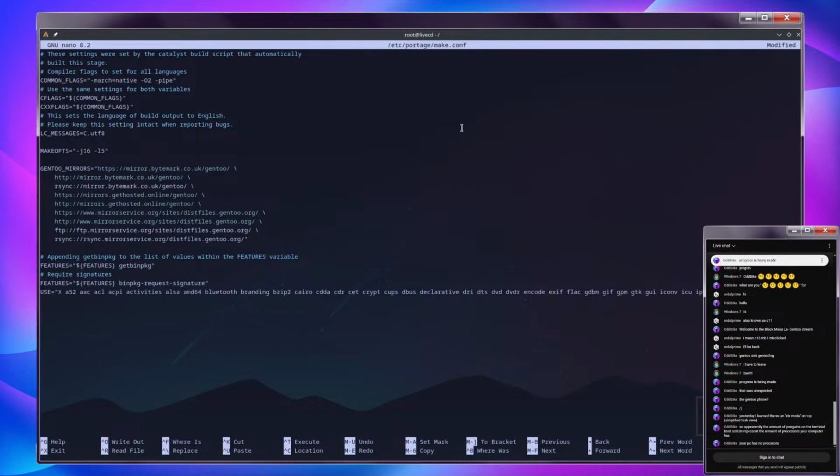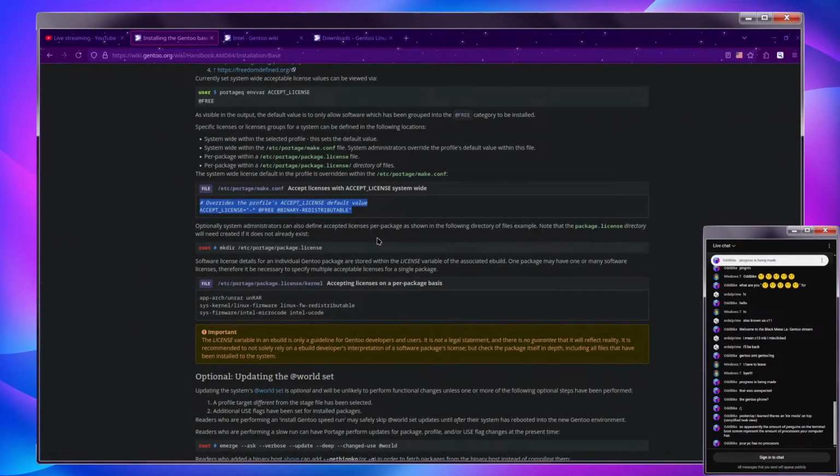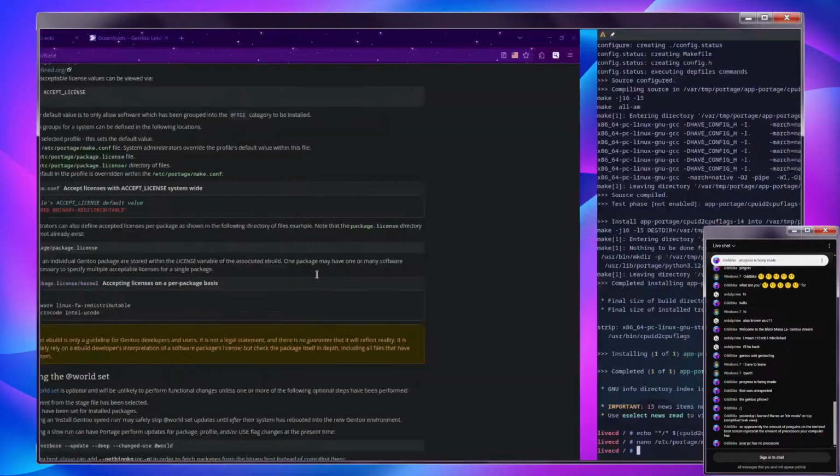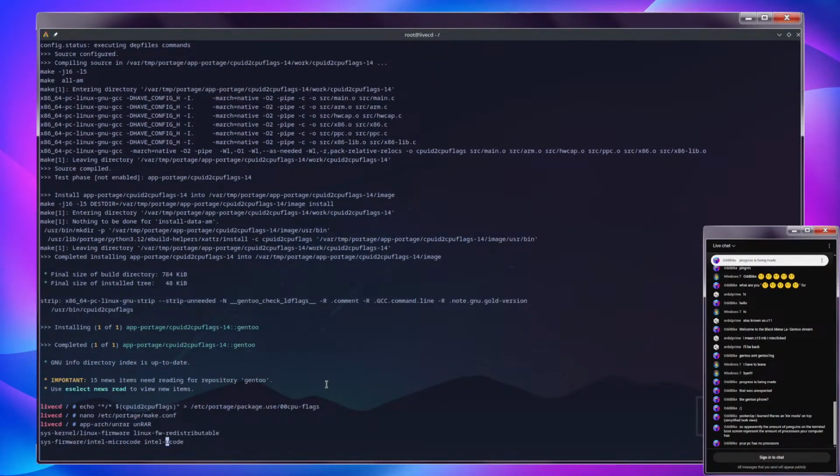Need to go into make.conf. I'm actually just going to install these as these are useful. Do this and